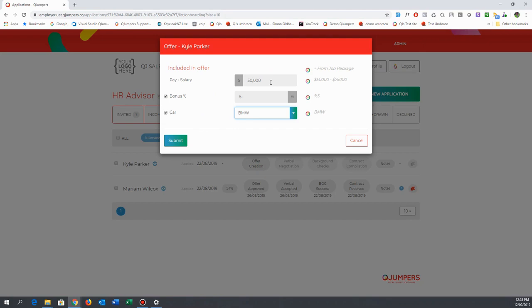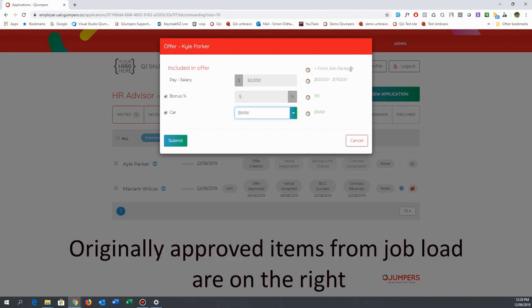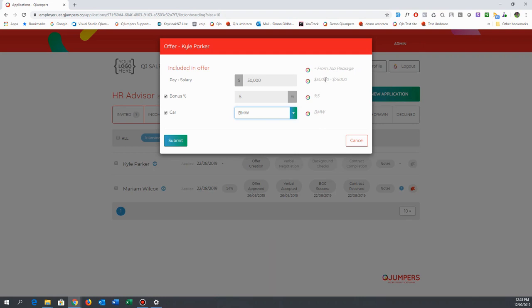If it's a wage role, here you'd have hourly, but this is a salaried role. On this side you can see what was approved when you loaded the job. So when you loaded the job, we approved a package from 50,000 to 75,000, as well as a 5% bonus and a BMW, which is very nice. So here we need to go in and check,